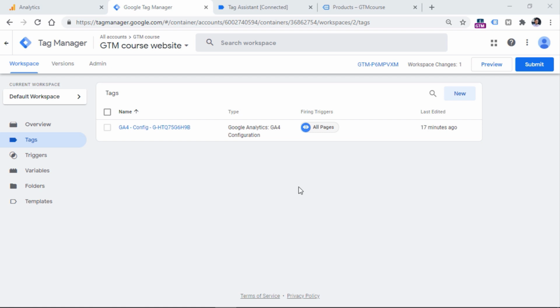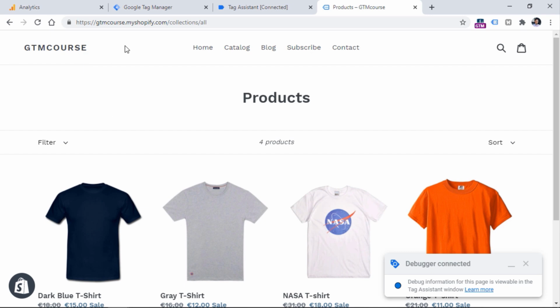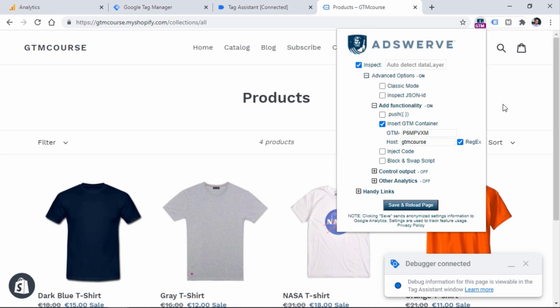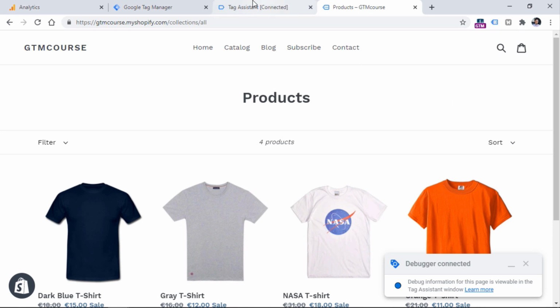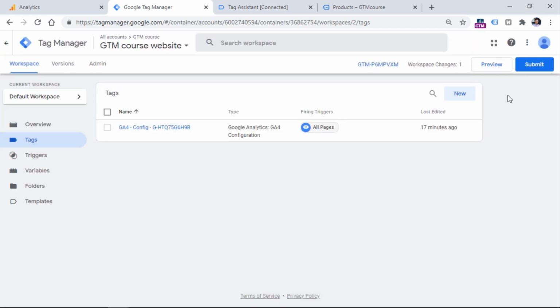Of course, keep in mind that in the context of our Sandbox website, even if the visitor actually goes to this address, which is gtmcourse.myshopify.com, they will not be tracked because we are emulating that Google Tag Manager is installed on this website. We are actually working in the sandbox mode and we are just faking the installation. But if your developer has actually added your Google Tag Manager container code snippets to the source code of the website, and then you publish the container, then definitely your visitors will start getting these tracking codes as well.